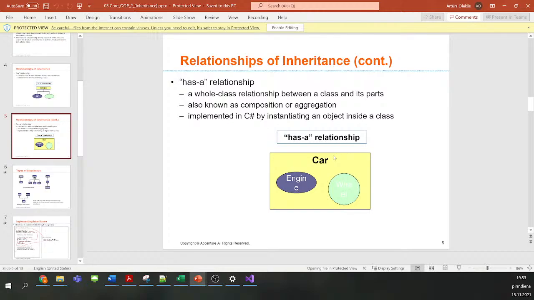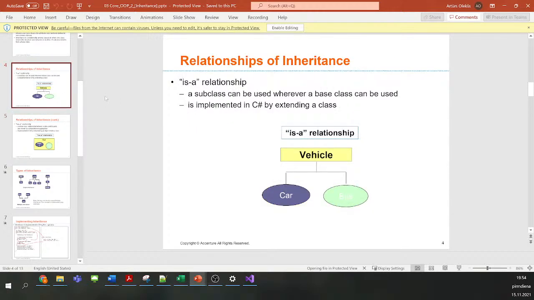It doesn't mean they are equal. It means that one is placed inside another. But for is-a, it means that one class extends another class.